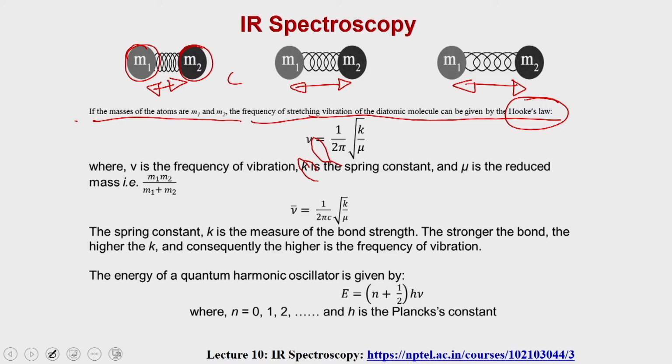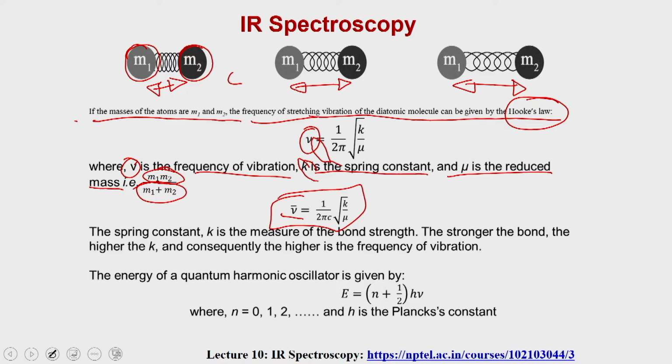So the vibrational frequency would be ν = (1/2π)√(k/μ), where ν is the frequency of the vibration, k is the spring constant, and μ is the reduced mass, which can be calculated by m1 m2 divided by m1 plus m2. If you divide this whole expression by the speed of light, and simplify, you will get the formula that is called as the